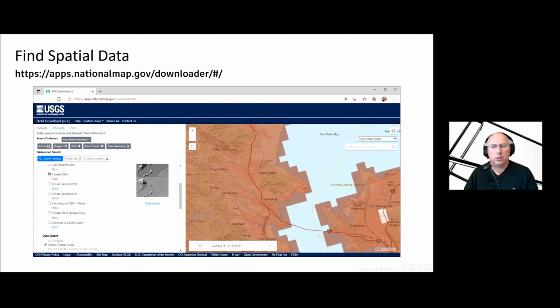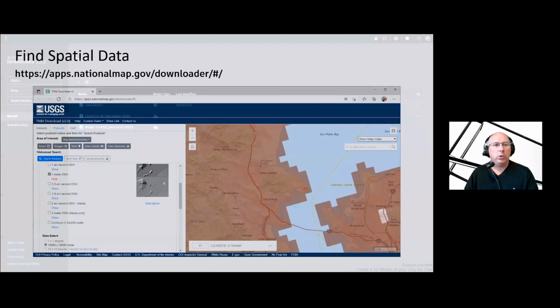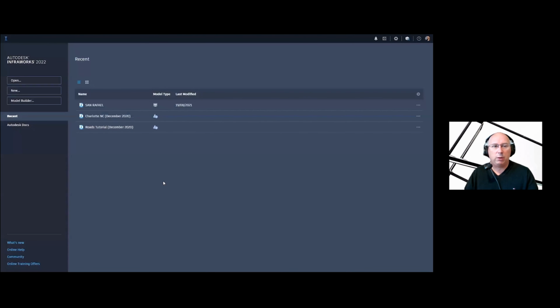So now that I've downloaded all this data, let's see how we can put it all together. Now, I'm not going to open up that CenterFL model because I already created it. We're going to create a brand new one, again, the hard way, from scratch. So let's go ahead and try that.